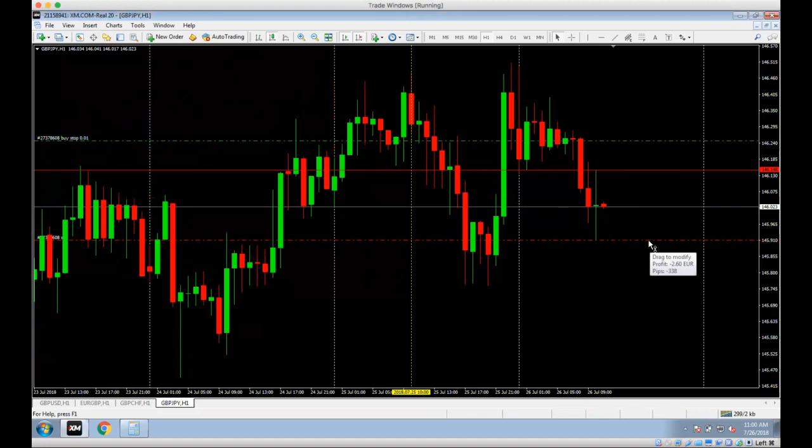I just put the 0.01 trade. That means that it would be minus €2.60. The second one that we want to put is the sell stop. And the sell stop